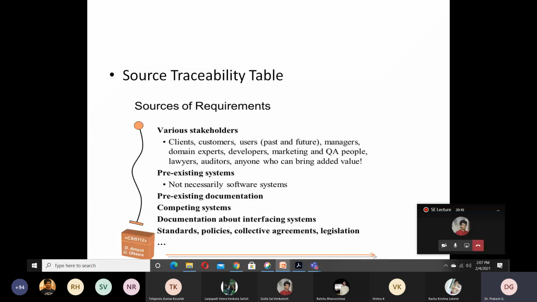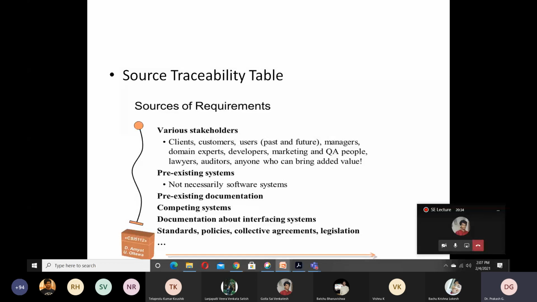Through that payment gateway, you pay the amount for the product. That is a different application, a different website. So that is an interface for your system, for your Flipkart or Amazon. These are all considered to be sources.